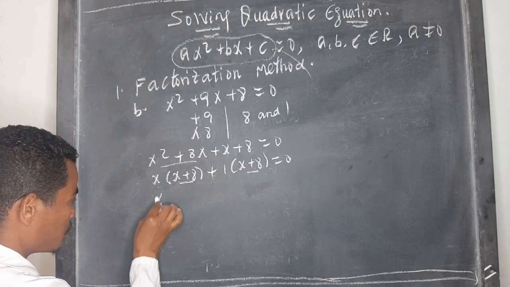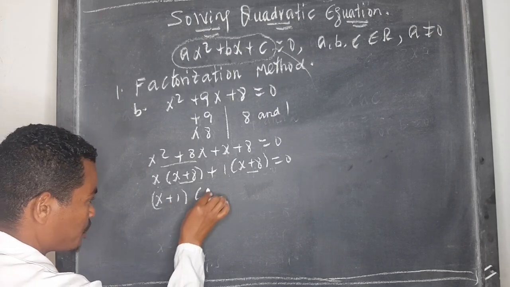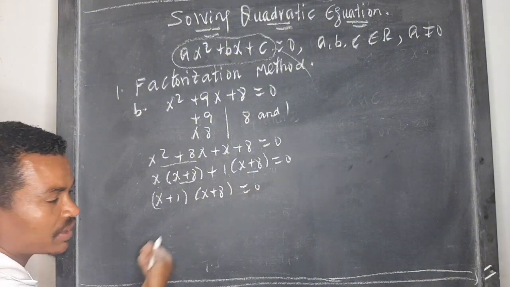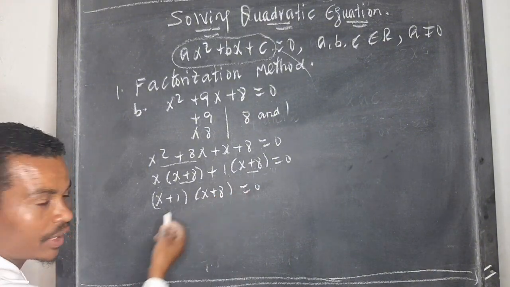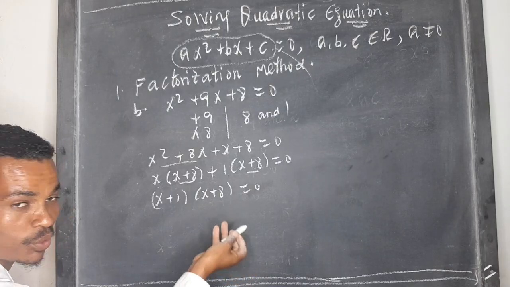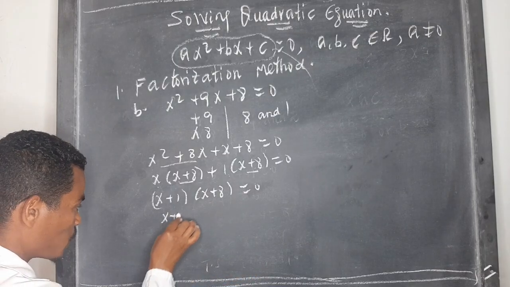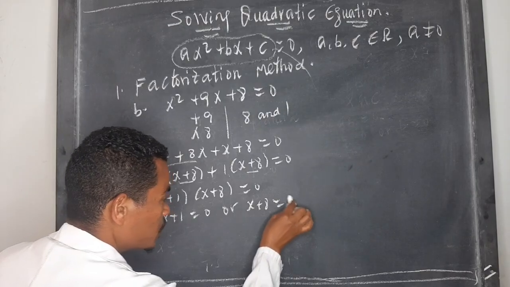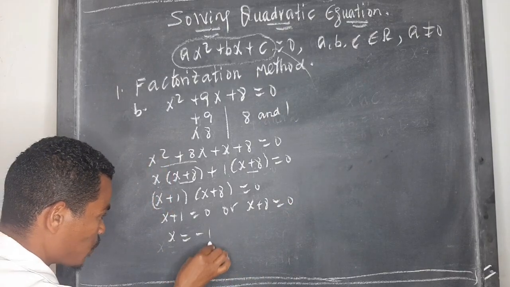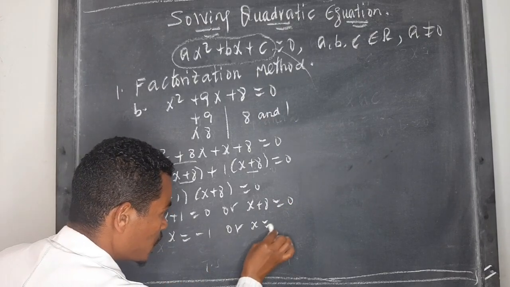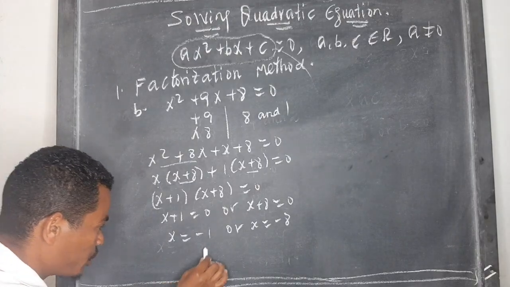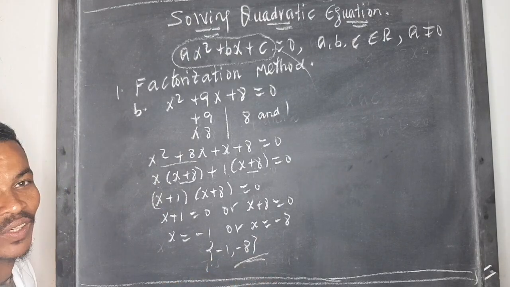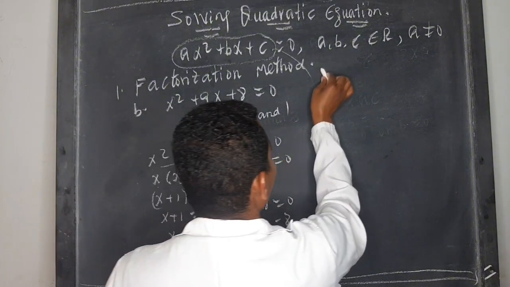Coefficientaቸውን እንወስዳለን። x plus 1 ተባዛ x plus 8 is equal to 0. So the product of these two terms is 0 when one of the two is 0 or both of them are 0. That means x plus 1 is equal to 0 ወይም ደግሞ x plus 8 is equal to 0. x is equal to minus 1 or x is equal to minus 8. The solution ምንድን ነው የሚሆነው ማለት ነው? minus 1 comma minus 8 ይሆናል።